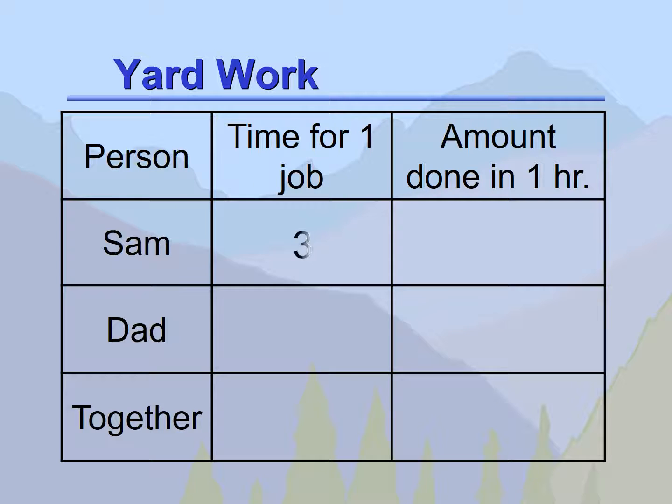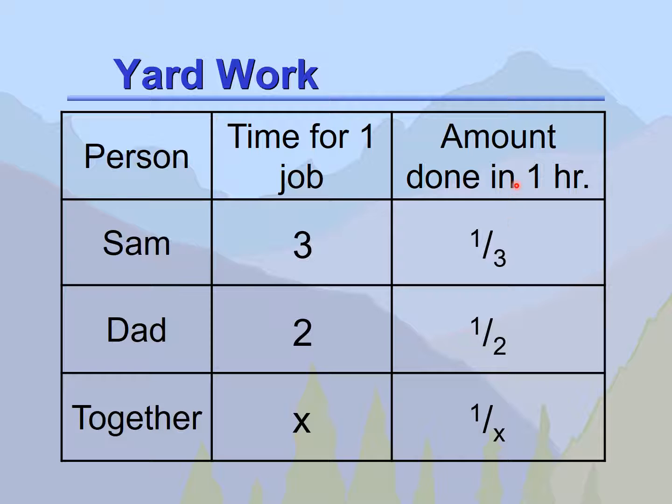Now we look at the time it takes them to do one job. Remember, Sam can do the job in 3 hours, and Dad can do the job in 2 hours. And we want to know the time they need together for one job. Then we'll look at our last column, which is the amount done in 1 hour, which is always going to be 1 divided by the time for one job. So it'll be 1 divided by 3 for Sam, 1 divided by 2 for Dad, and 1 divided by x